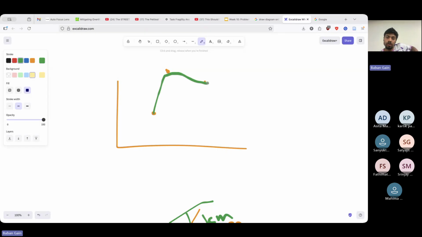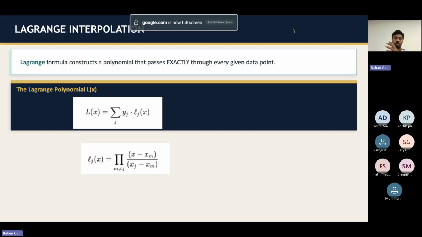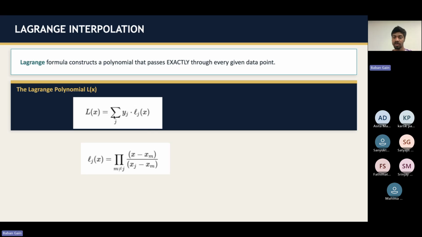So basically, what is the algorithm? We'll come into that. So at first, there are two things. The notations here: J is the number of data points you have in your data. Let's say you have 3 data points present, and you have an additional data point, the point you want some value of, and then LJ, which is called the basis. Here LJ you have to calculate based on this formula. So I will go through one example to make it clear because this can be very confusing based on the